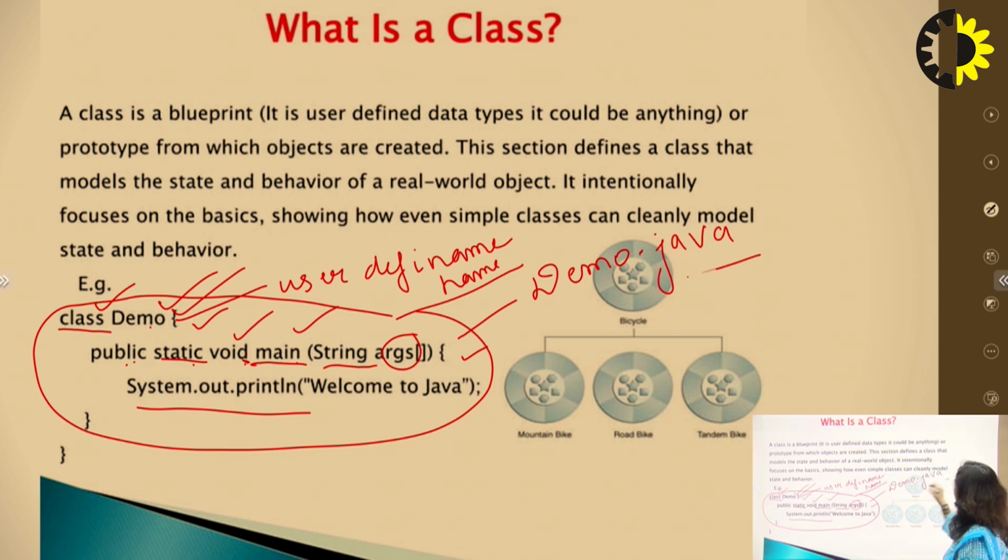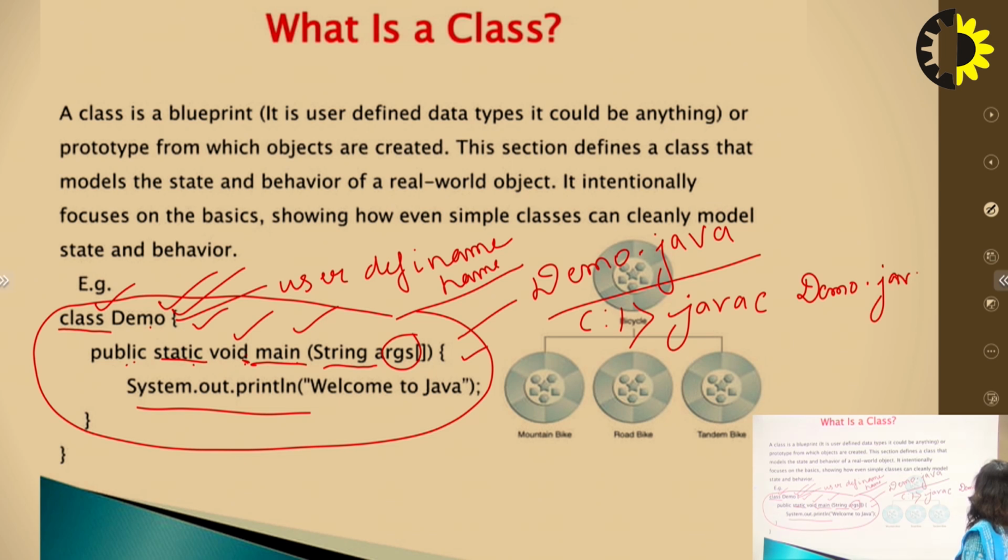So this is our source code file. And then how can we compile it on our command prompt? For compiling it, we have to give the command javac, that is the Java compiler, then demo.java, the name with which we have saved our file. The name of the file will be the same as the name of the class of the main method. This is the first step: we will do the compilation. In the second step, we will execute this file.